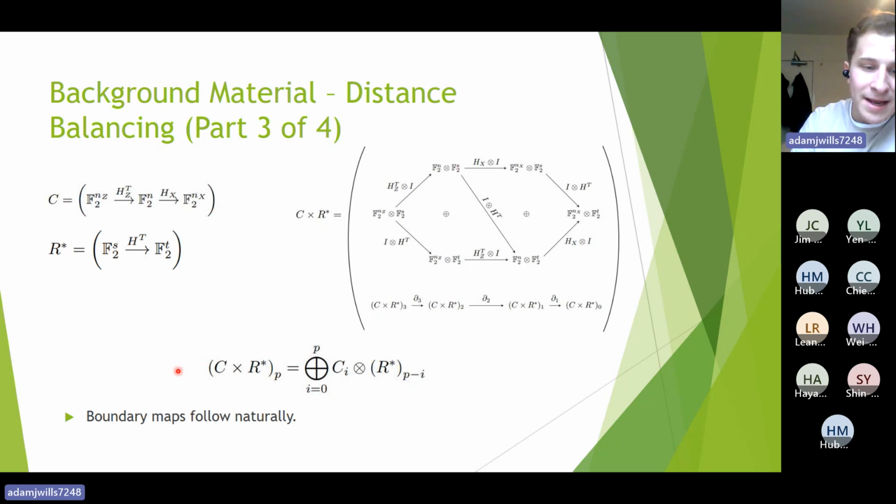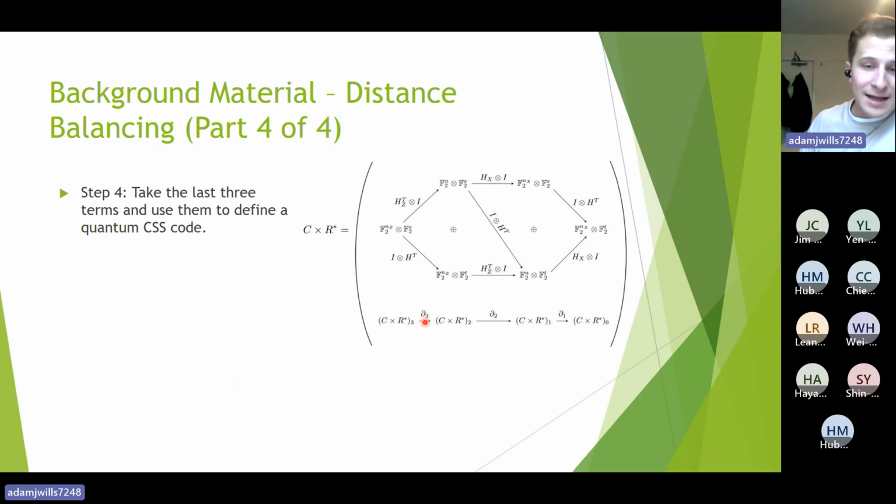So given this definition of the spaces, the boundary maps then follow in the natural way, as I described earlier. It just requires you to write down all of the natural maps going between the spaces. So for example, this one, you're looking at F2 to the n Z tensor F2 to the S and F2 to the n tensor F2 to the S. And you will have an identity on the second one. And then from this one to this one, you have HZ transpose. And that's how you would write down this diagram. You'll always have something tensor the identity or identity tensor something. And then, as I described on the previous slide, you would recover these linear maps by just summing vertically as appropriate.